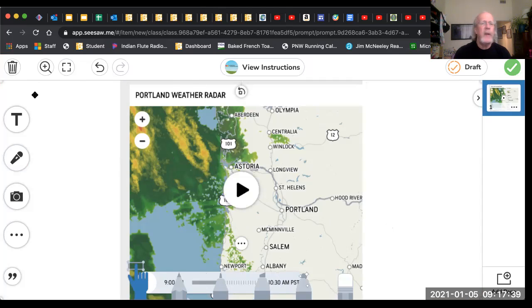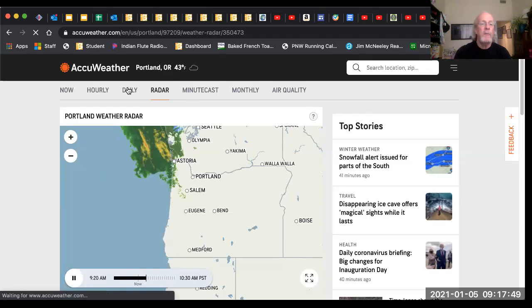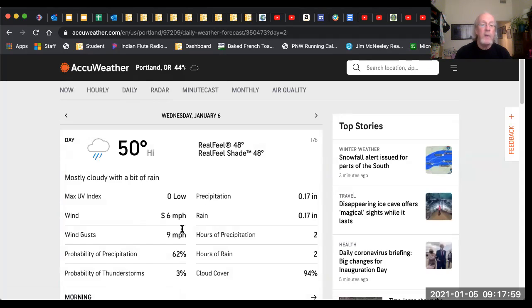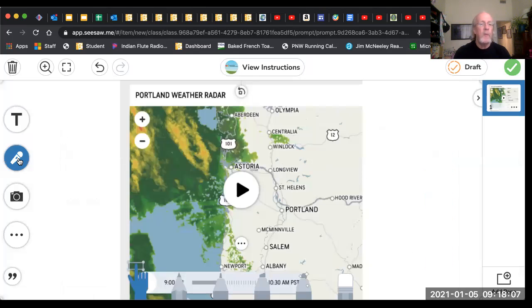So when I was all done, I had my recording done. And if you're wondering, where did he get all that other information from? Be sure that you've gone to WonderMap or to AccuWeather, and you can even look at, for example, the daily weather. Here's what's going to be happening. So I knew it was going to rain on Wednesday and be nice on Thursday. And I can even look for more details like what the winds will be and include some of those details in your weather forecast that you're going to do for me and record for me. And then, of course, hit the green check button and submit. That is your task for today. And your task for tomorrow